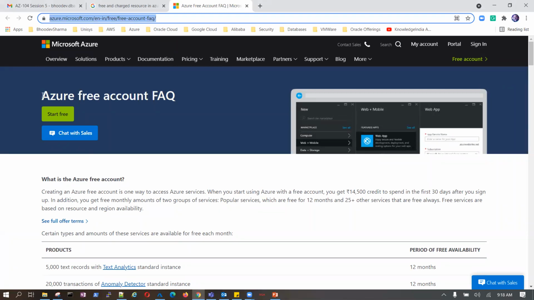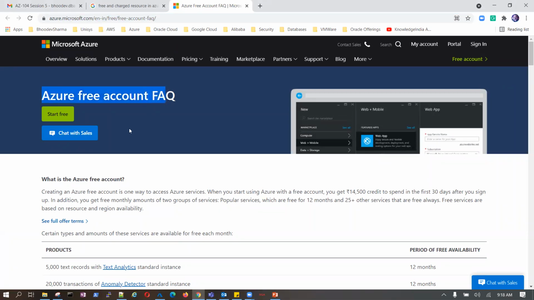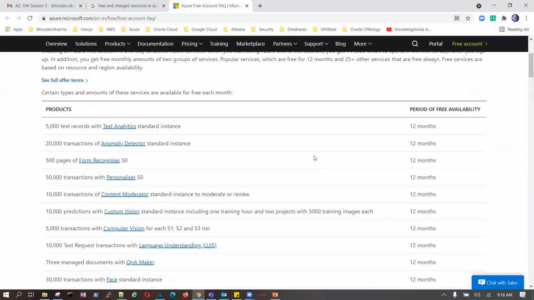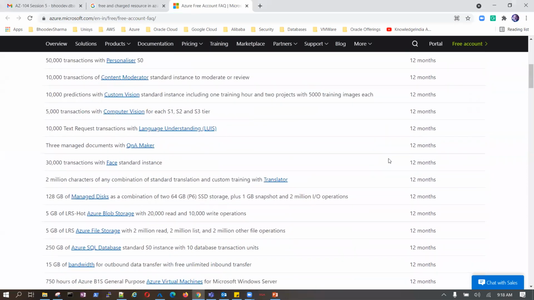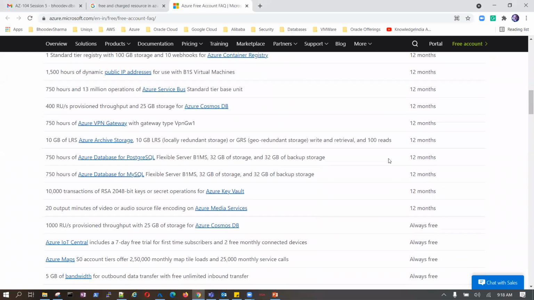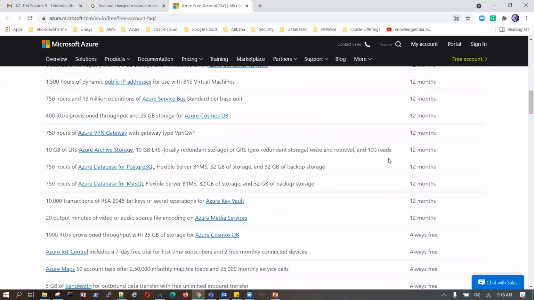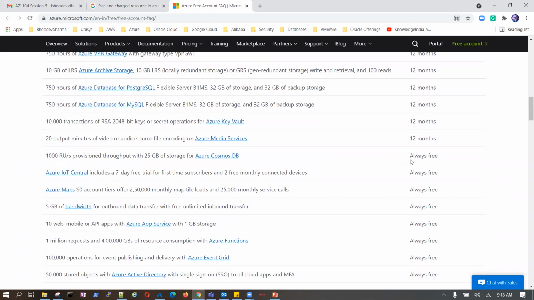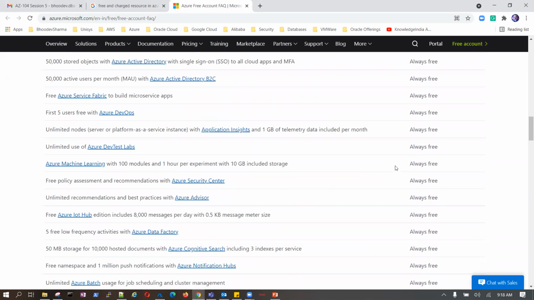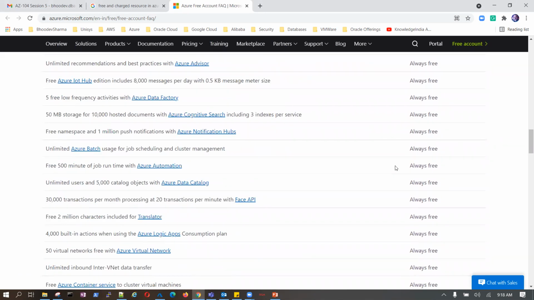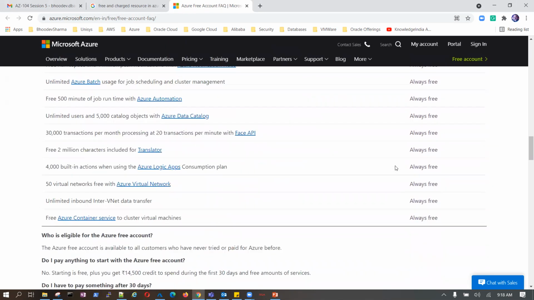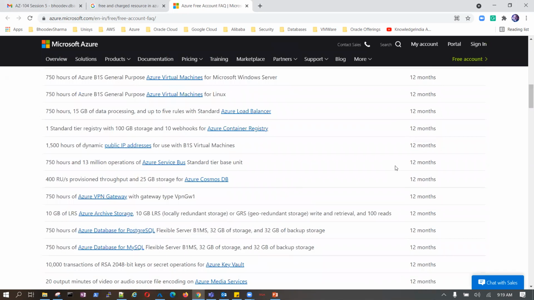If you come with the Azure free account, you can look at the free availability here. I sent a link. This is free availability. What is always free is this list. Everyone, this is very interesting, it will give you different things.